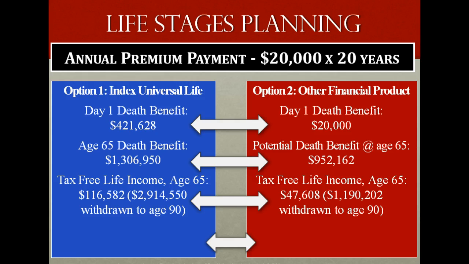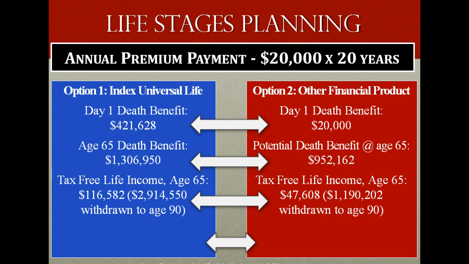On the alternative financial product, if he were to convert his account growth balance into a personal pension income annuity with a 5% payout factor, he would be able to draw out about $47,608 a year. From age 65 to age 90, that would equate to